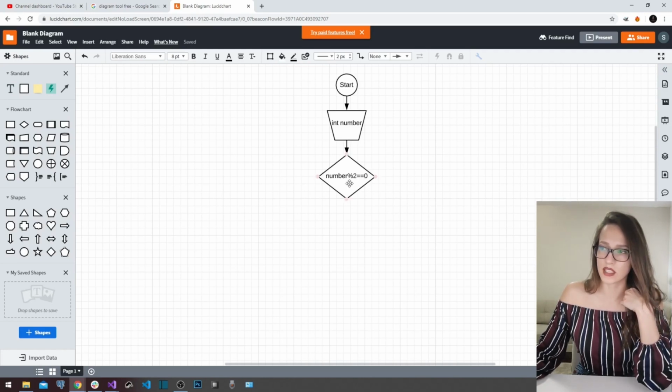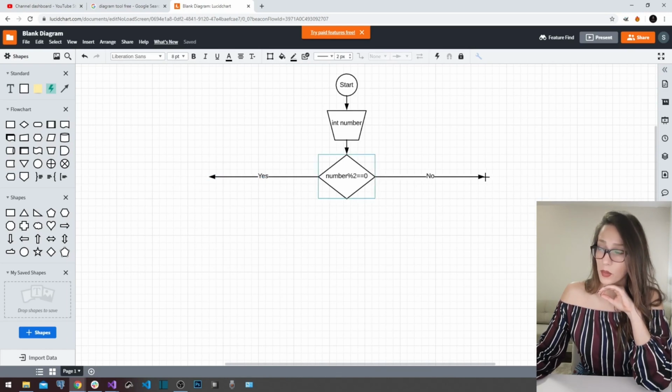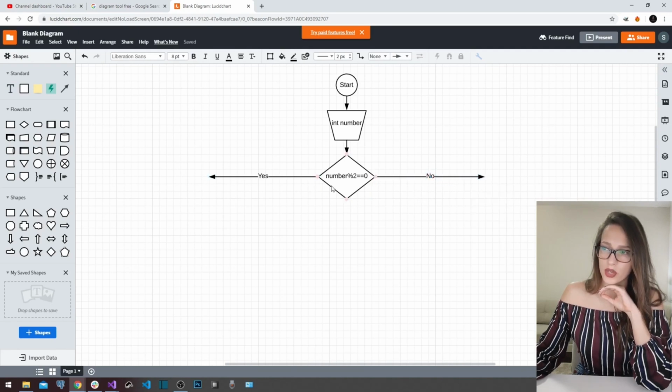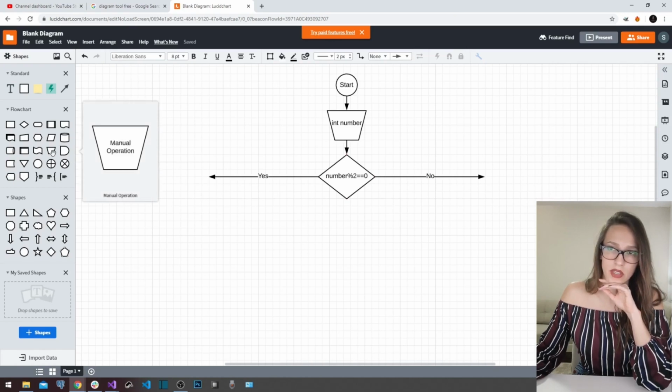So in this situation, when this is 0, we are going to execute a certain part of code. And then let me add very quickly, oh, I'm impressed. It already has this yes inside it. And then we also have this no on this other line. So in this situation where this results as an operation that is true, we are going to execute this part code of here. So I'm going to add another shape, which I cannot see, but let me use this shape